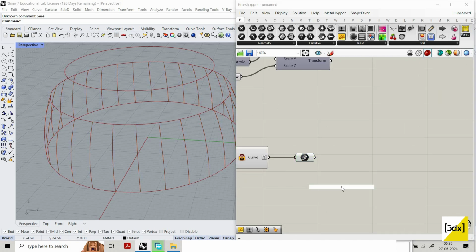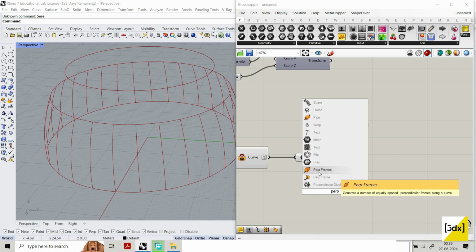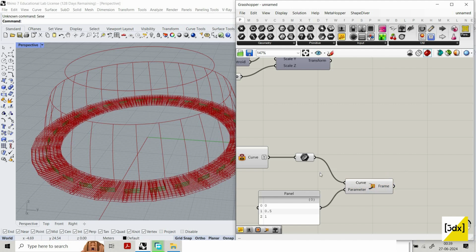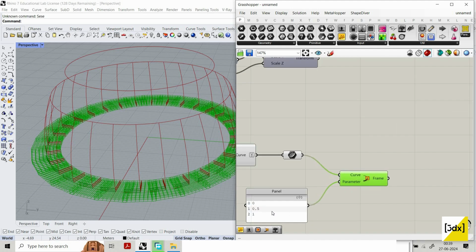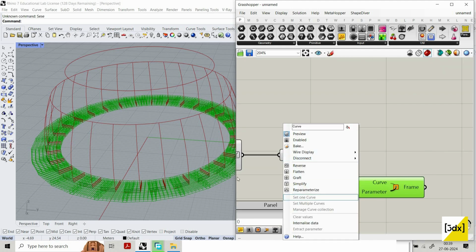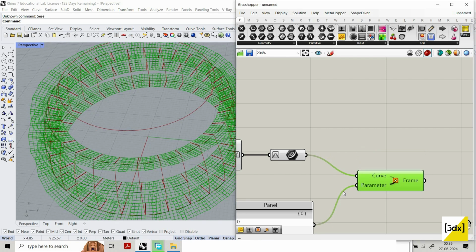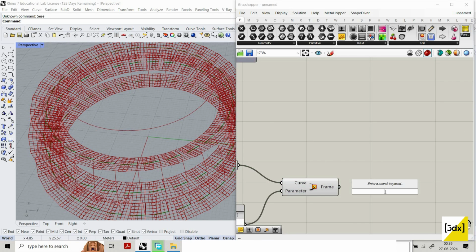So I'm going to use perpendicular frame. You know why I'm using this to create 0.51, and when multiplying data, it creates a frame. And you might ask, why didn't we use reparameterization? So we need to reparameterize the curve, and in this case we are going to